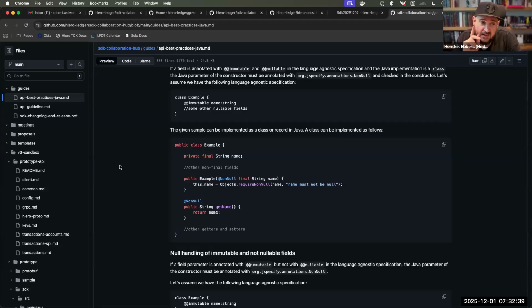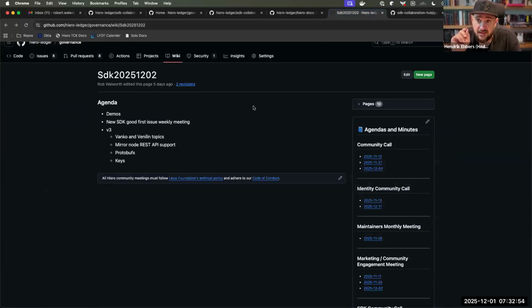Because today we have no good integration for mirror node, and with block nodes coming in next year, we have zero support for communicating with block nodes. So that is another thing for next year, getting SDKs into a shape where we say, okay, we need an SDK or a part or a module that we need to define for consensus node, for mirror node, and for block node.